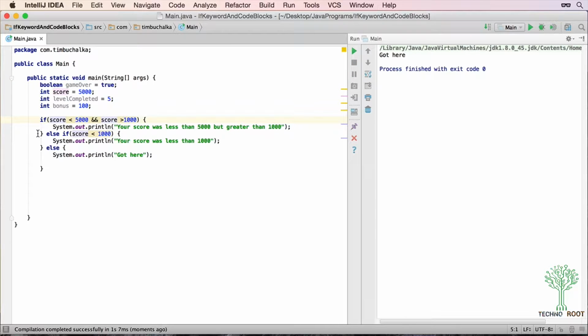Got here was executed because, of course, these first two lines aren't processed, because in both cases the comparison tests there have failed. So score is less than 5,000 and score is greater than 1,000. It's in neither of those scenarios because score is currently set to 5,000. We could change that to check that it's working by making that 4,000. So if you run that,